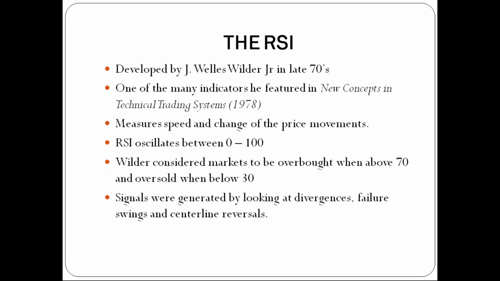He believed when the RSI moved into the 70 zone, we move into an overbought area and we need to see a correction as the market is overextended in a zone. And similarly, when it moves below 30, he thought that the market is oversold and again a correction is needed. He used RSI to look at the divergence that we were looking at right now. But this is not the way to look at RSI. Failure swings that fail very often, and center line reversal. We'll discuss these things in detail as we go forward.